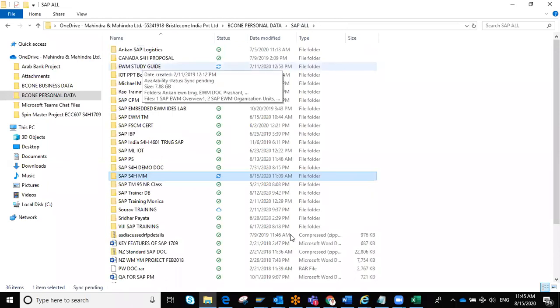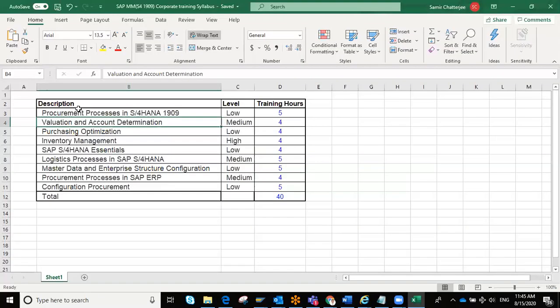Carry on, sir. Yeah, so this is the particular syllabus. Here we can see procurement processes followed by valuation and account determination. Chapter 2 involves the integration of MM with FI. All the activities we shall discuss in detail. It starts from how to enable BTE, business transaction event keys, like PSX, GBB, WRX, PRD, and so on. How GBB involves GI followed by GR, involving PBR and all these activities for BTE.